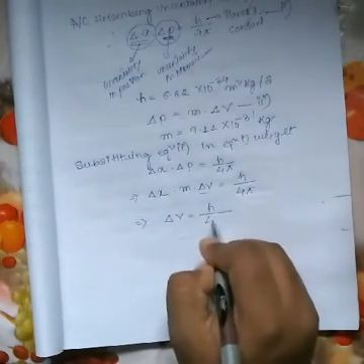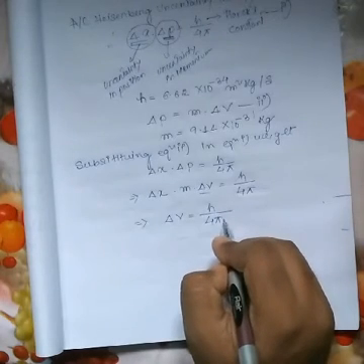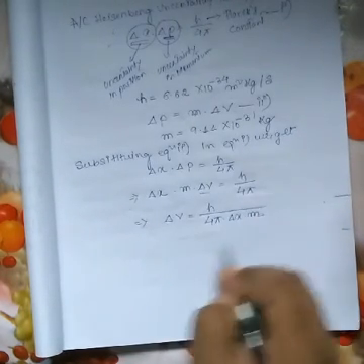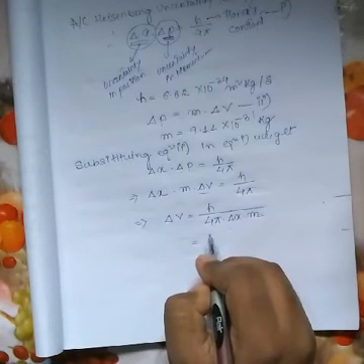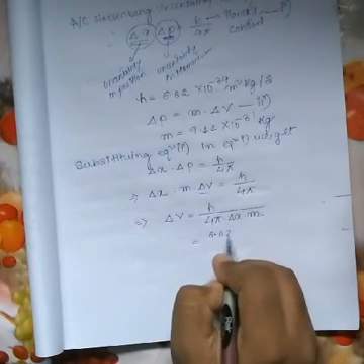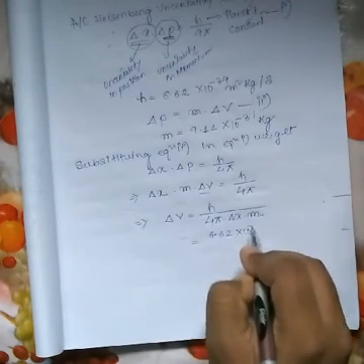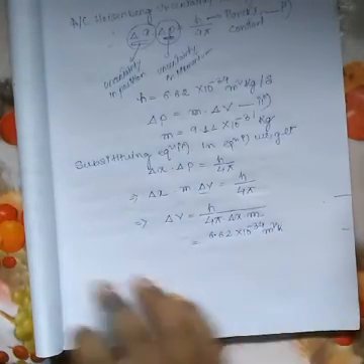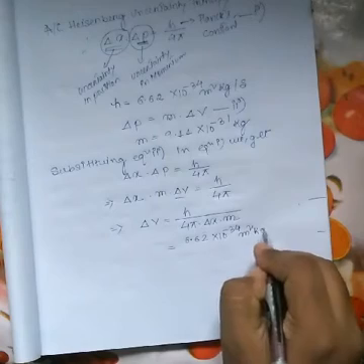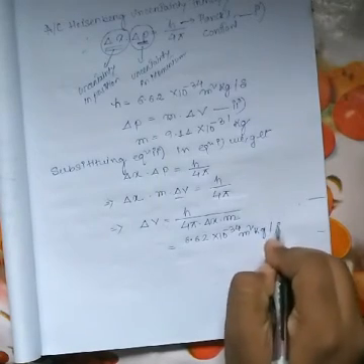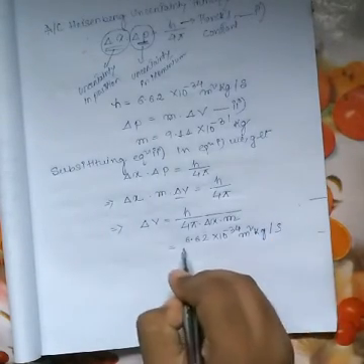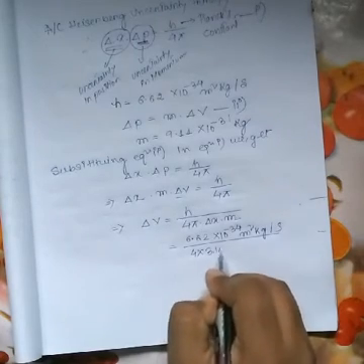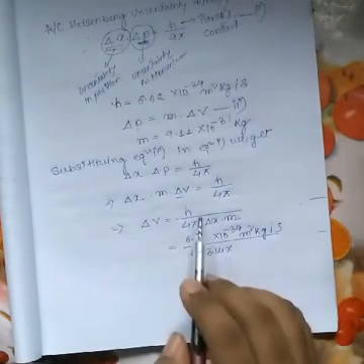So h by 4 pi delta x. Now we'll substitute the values. This value is 6.62 into 10 to the power minus 34 meter square kg by second, and it is 4 pi, whose value we know is 3.14, and this delta x we have